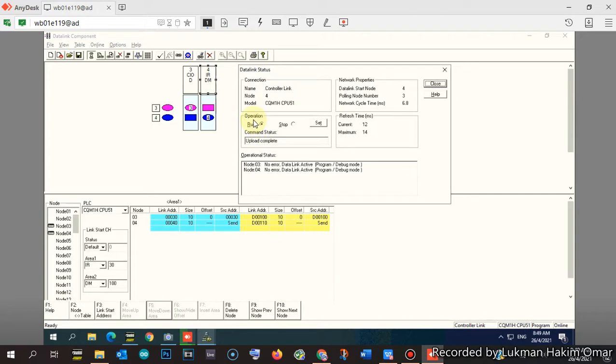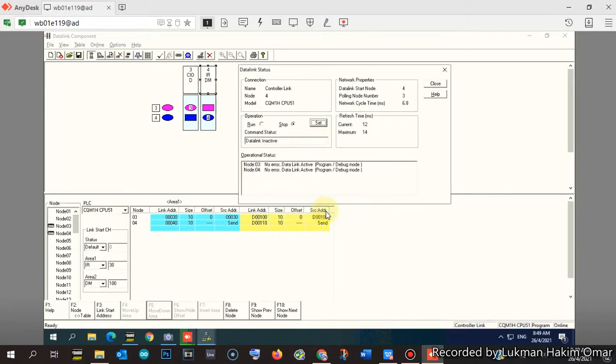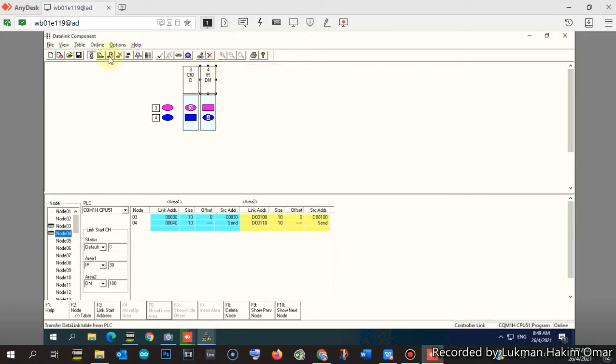If we want to transfer the data link, we must stop the control link. So you select stop, and you select set. Now your data link is inactive, meaning stopped. Then only can you transfer the data link.